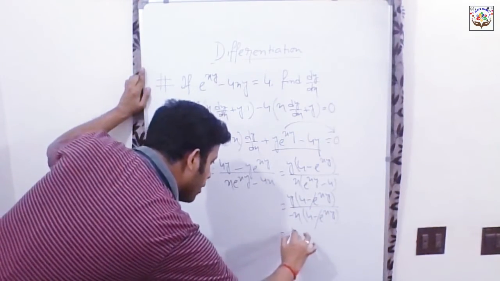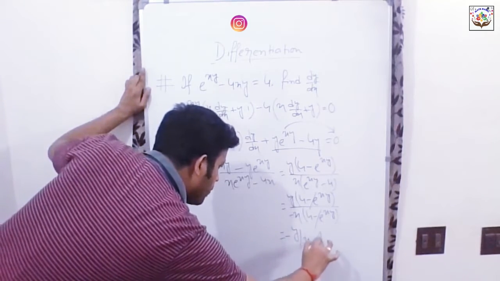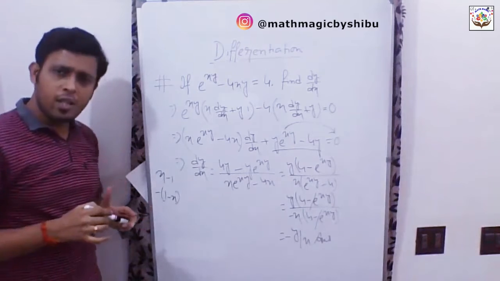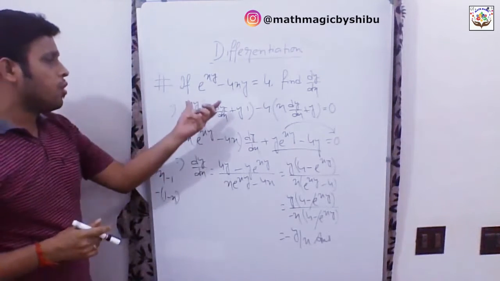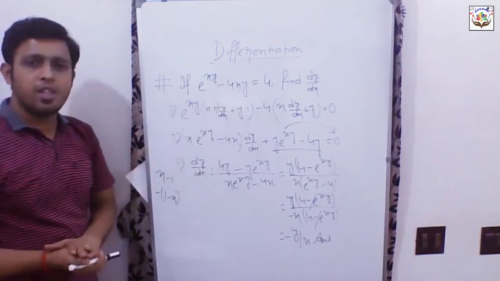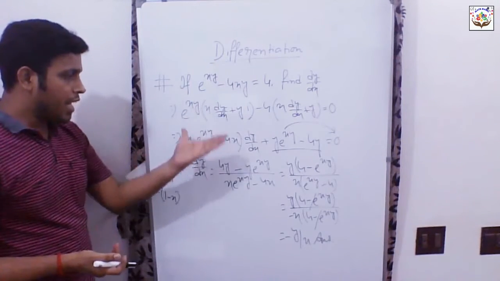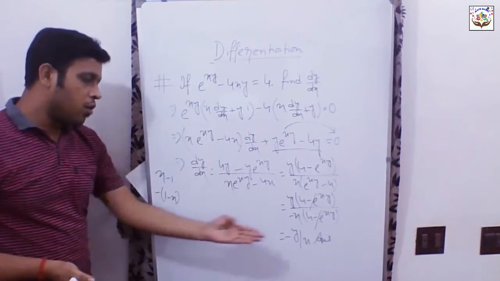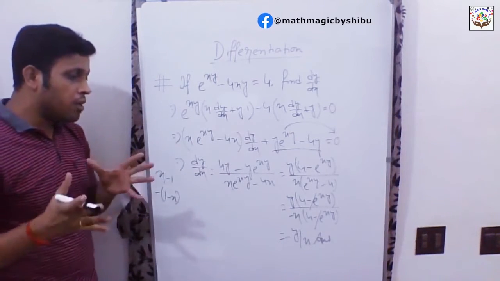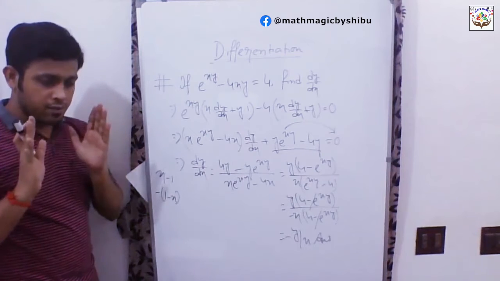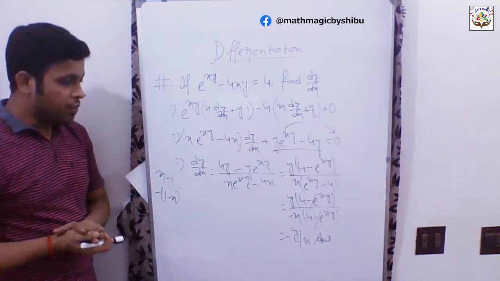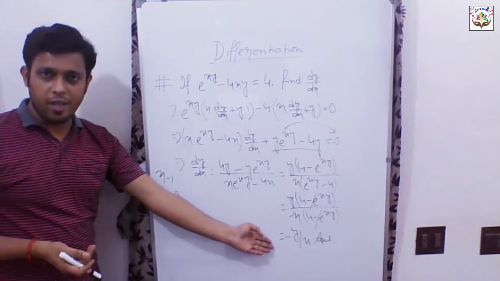So our answer will be minus y by x. Simple. So what did we do? Nothing much. We just did the differentiation on both the sides with respect to x. We have just calculated normally and we have got our desired answer. Okay, just do not miscalculate, just be calm while calculating anything. Okay, you would get the desired answer, right?